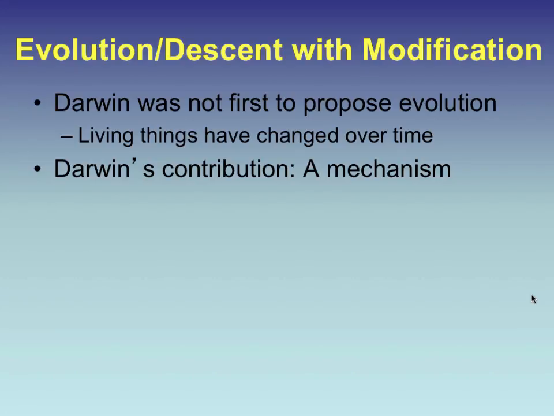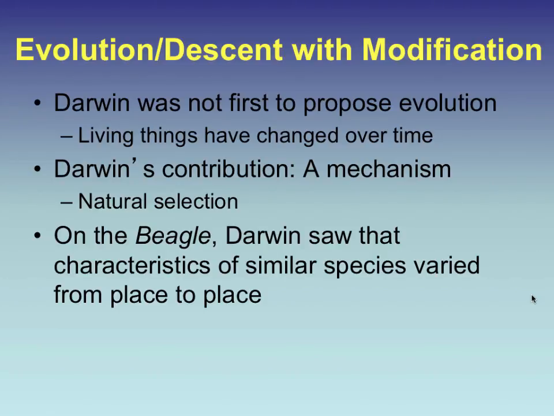What Darwin did was he came up with a mechanism. He came up with a how of evolution, which prior to his time, people really didn't have a good idea about how evolution worked. So his mechanism, of course, was natural selection, and it's the explanation for why evolution works the way that it does. It's natural selection. So on his voyage around the world on the Beagle, at this point in time, Darwin was a kid, he was like 22 years old. He was along for the ride because his dad was rich and he didn't know what he wanted to do with his life. So he got to go on this boat ride around the world,